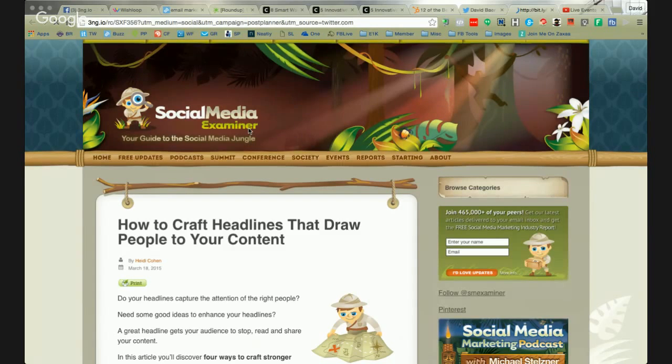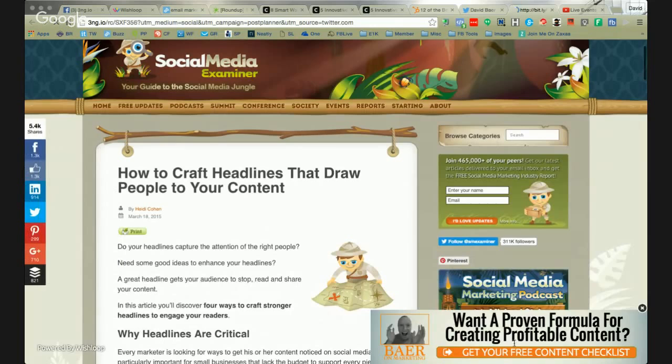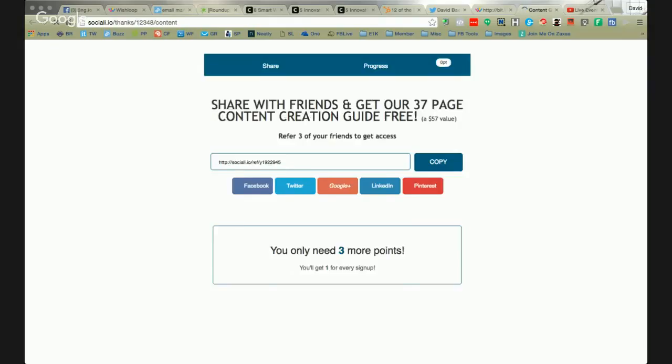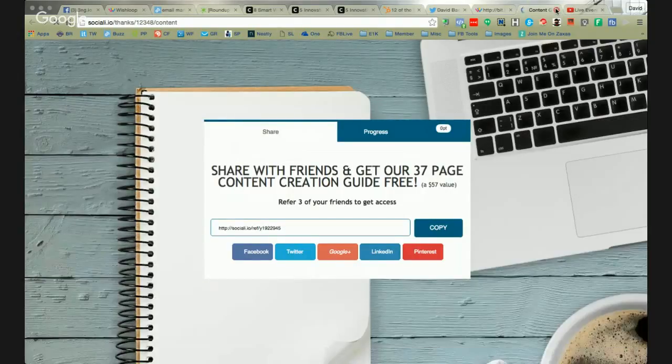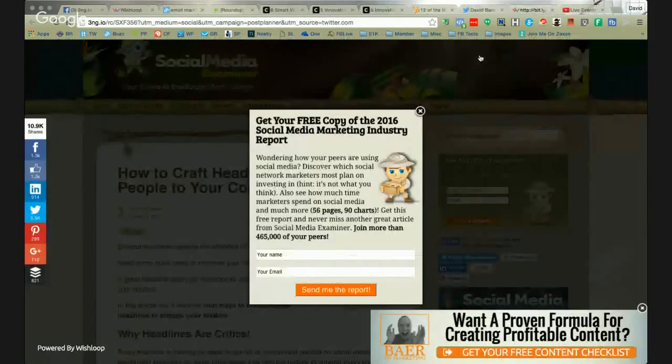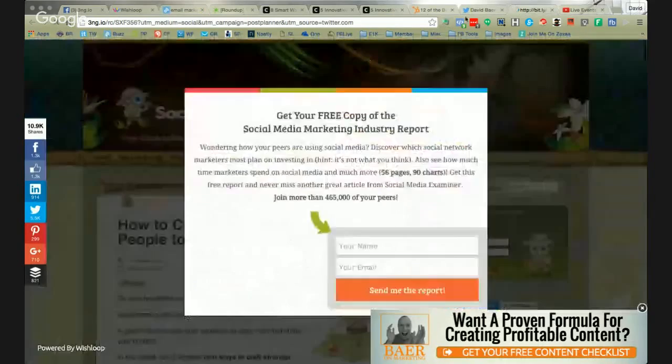And this is bringing me over to this article here on Social Media Examiner. And what happens down here? It says, want a proven formula for creating profitable content? And then I can go ahead and click there. And it brings me over to, actually, something that I've already tested. So this content checklist program that I offer as well. So people can opt in for this. This is on the thank you page because I've already opted in, so that's why we're seeing that. But you can see how my stuff superimposed over the Social Media Examiner site.